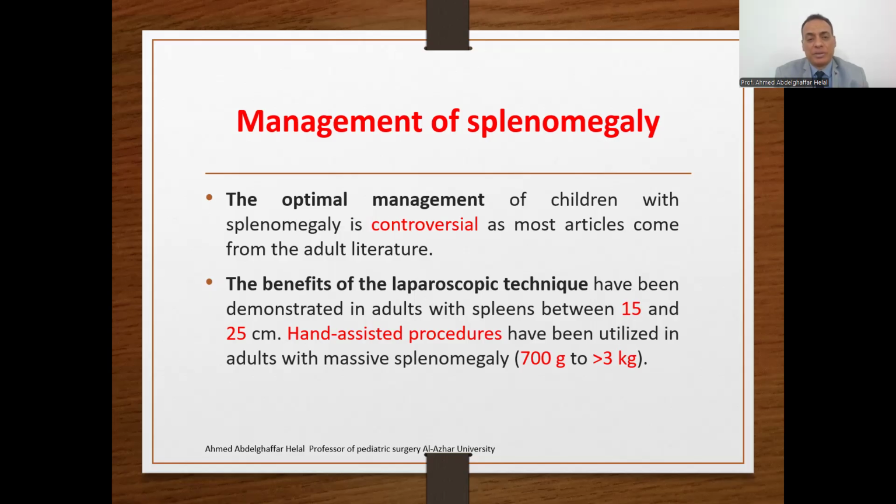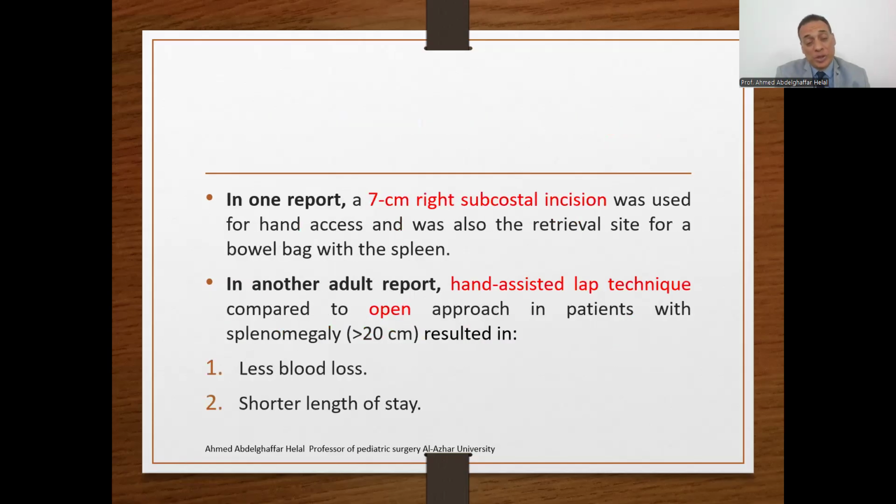and 25 cm. Hand-assisted procedures have been utilized in adults with a massive splenomegaly: after devascularization, through a small incision, the surgeon introduces a hand to extract and manipulate the spleen. In one report, there is a 7 cm right subcostal incision for hand access. In another report, the hand-assisted laparoscopic technique, when compared to open, resulted in less blood loss and shorter length